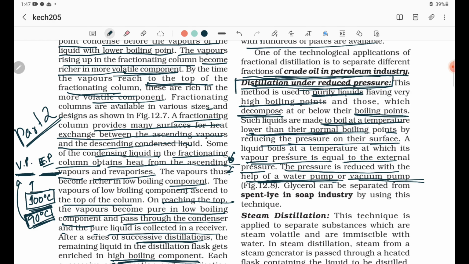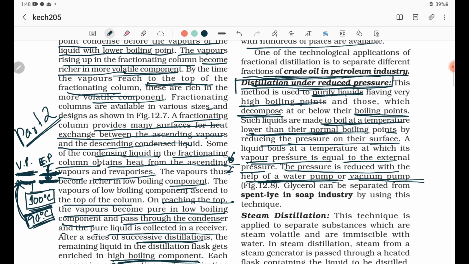Now the external pressure, suppose, is here; at 90 degrees the vapor pressure will be here. With increase in temperature, the vapor pressure increases, becomes equal to the external pressure, and the liquid boils. By reducing the pressure, I have reduced the external pressure like this. Now at 90 degrees, the vapor pressure has attained the external pressure. Now at 90 degrees only this liquid will boil. Okay, so like this method,